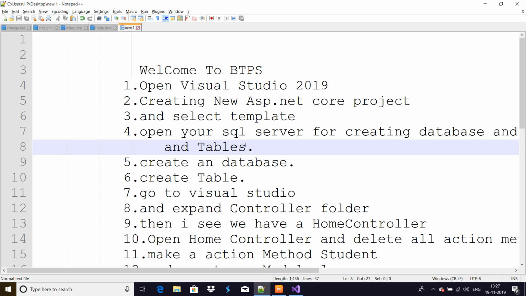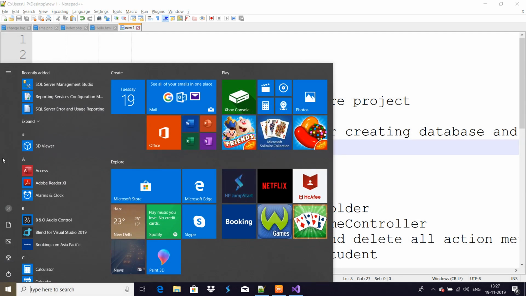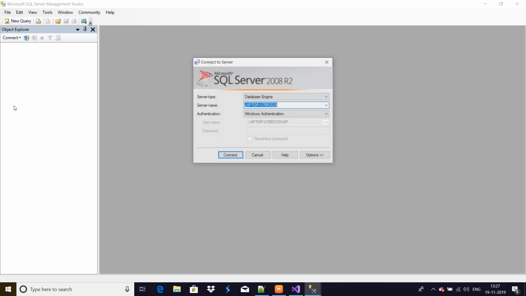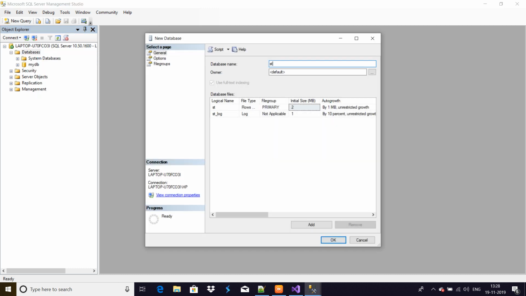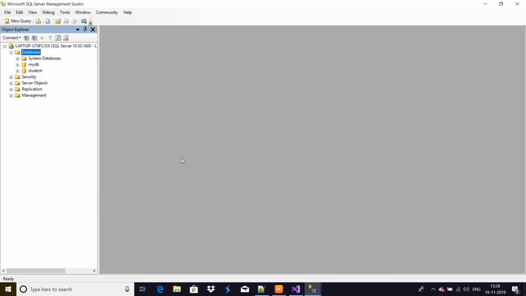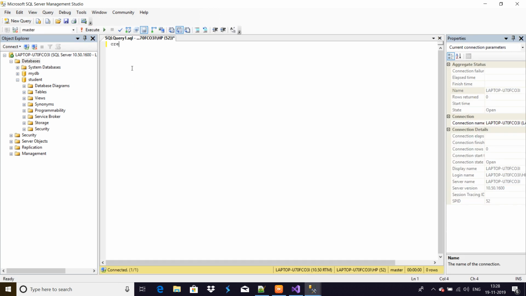We have SQL Server 2008 R2 version, and we just open this and click on the database, right click on the database, new database. And we see we have a database, and then create a new table. Go to the new query and write a